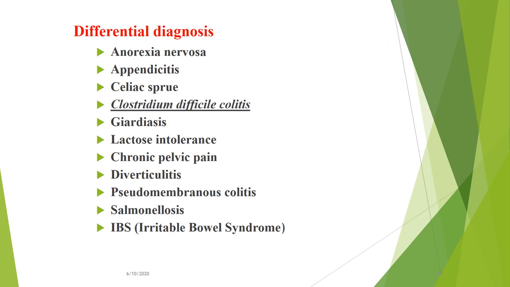So any patient presenting with these signs and symptoms has inflammatory bowel disease? No, there is a differential diagnosis before we say that this patient has an inflammatory bowel disease. The differential diagnosis includes anorexia nervosa, appendicitis, celiac disease, especially for those patients with Crohn's disease and involvement of the duodenum and ileum, who can present with malabsorption syndrome, or it can be Clostridium difficile